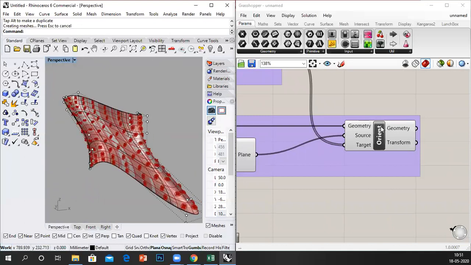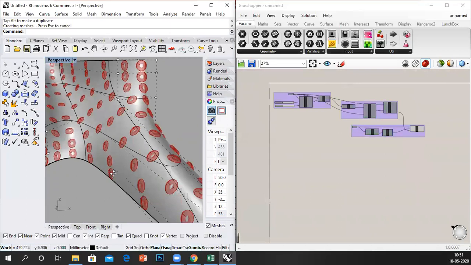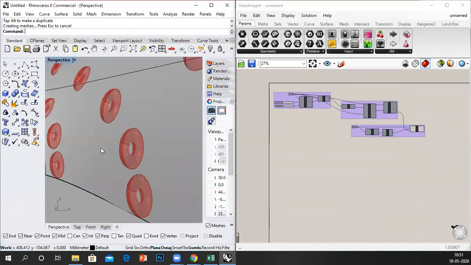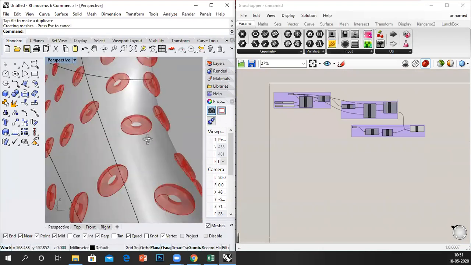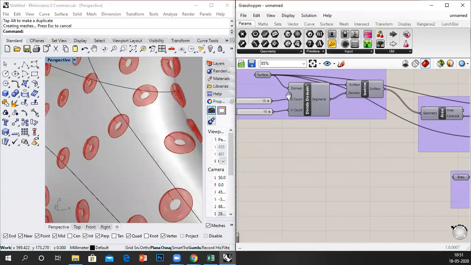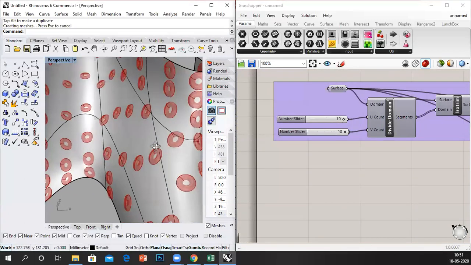So what will happen is, say, I will hide everything off. So what happens is those toruses get tessellated on the surface. So here you can again control the amount of torus that is retained on the surface.